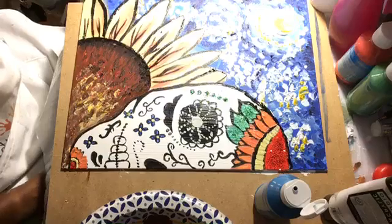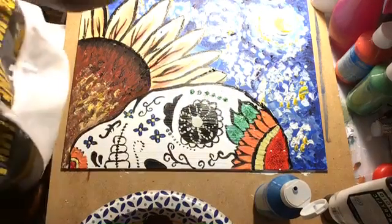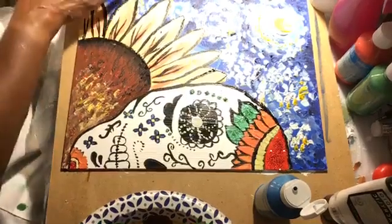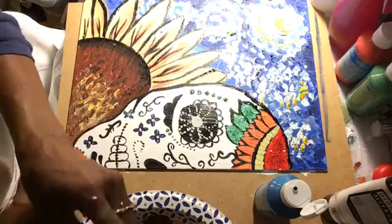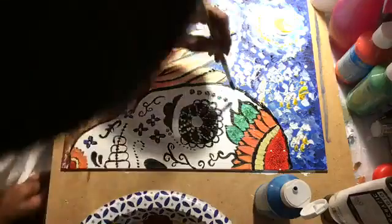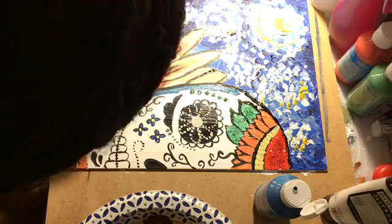Okay, now I'm going to add the last thing on here. Is going to be, oh wait, you know what? I still got to add a little bit of blue around the edges of this. So I'm going to take a little bit of the blue. Oh, I still got a lot of green in my brush. Take a little bit of my ultramarine blue, which has a little bit of glitter in it, a little bit of the green, and get rid of some of this glitter that's on here. And I'm just going to come around the side of this. It's watery paint. I'm going to come around the side and give him a little bit of,